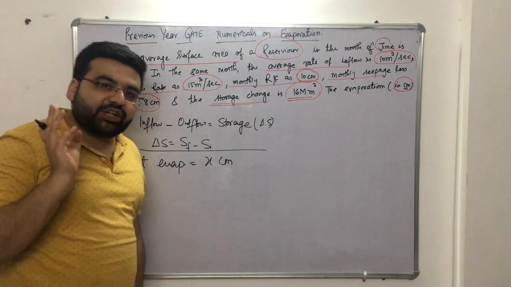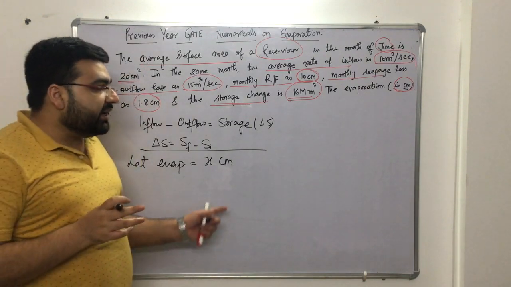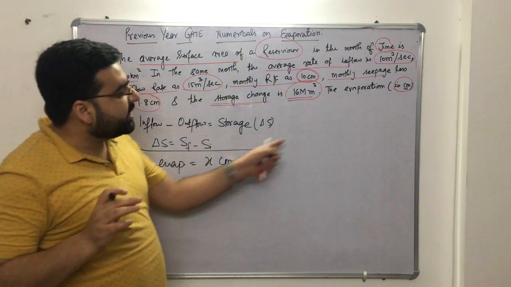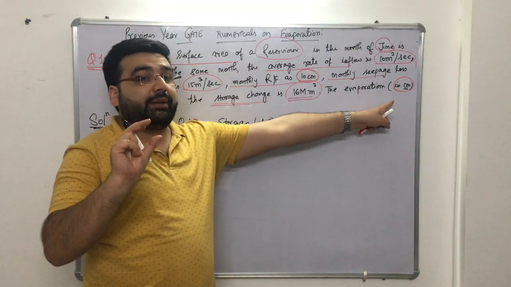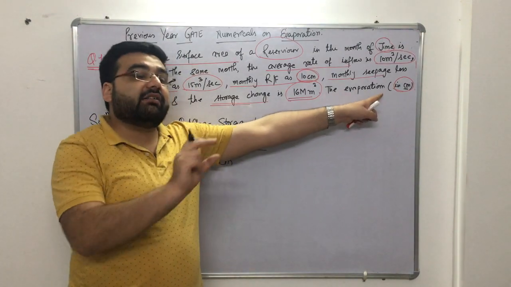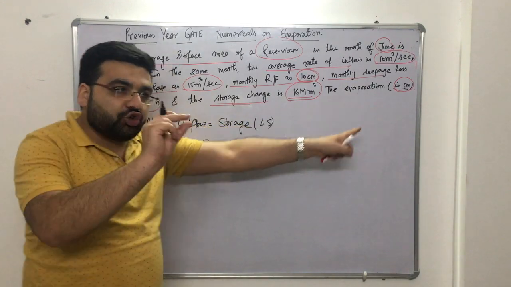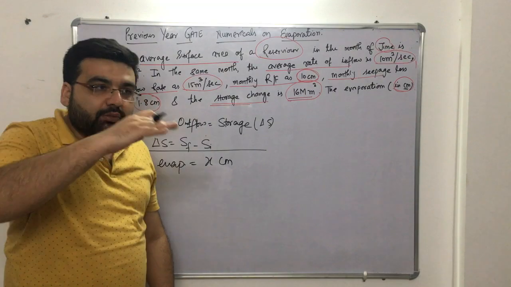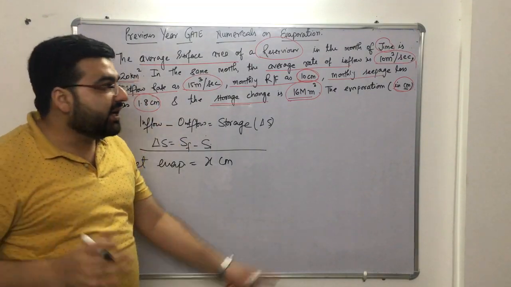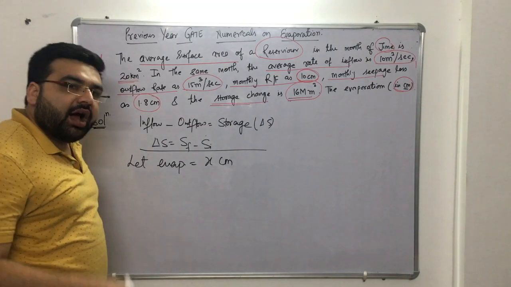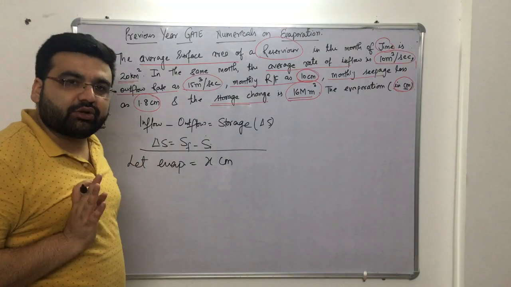Every unit. I told you when I started hydrology that whenever you get confused, just compare the units, you will get the answer. So in this, you have to get the evaporation in centimeter. It is not centimeter per hour, it is not centimeter per second, it is not millimeter per day. So you have to get the depth of the evaporation, how much the water has evaporated, in centimeter. So whatever calculation I do, I will do in centimeter only, right?